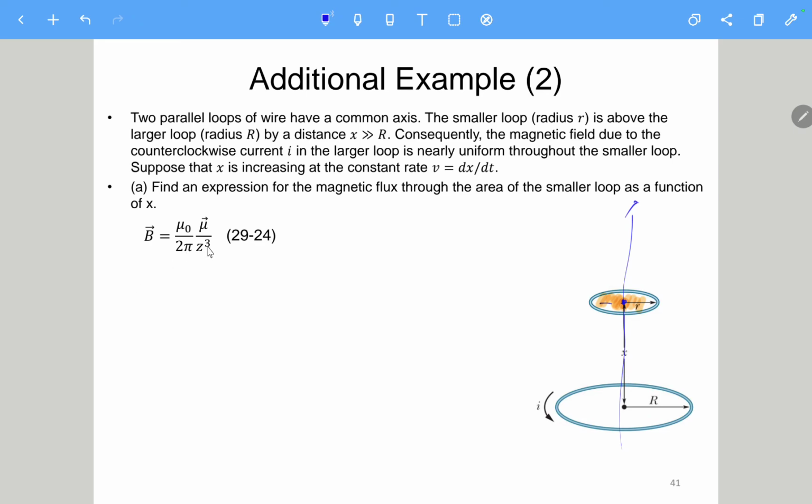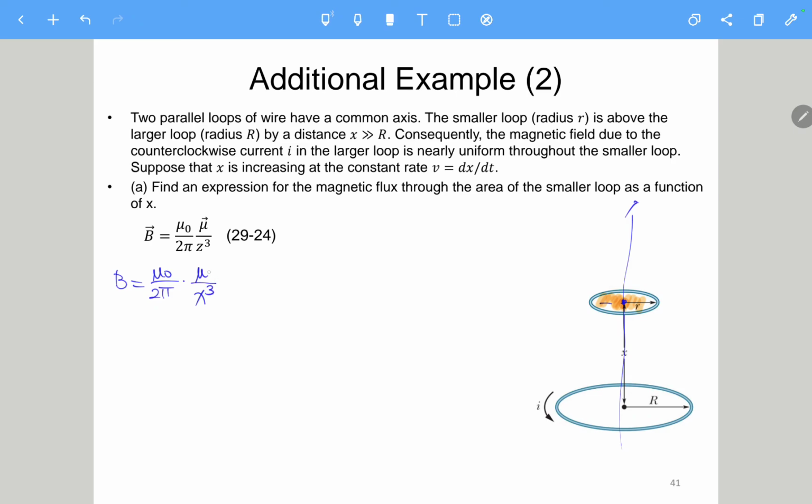Here we do not have z, we have the x-axis, so rather than z, we change it to x. So B equals mu 0 over 2 pi, times mu over x cubed,